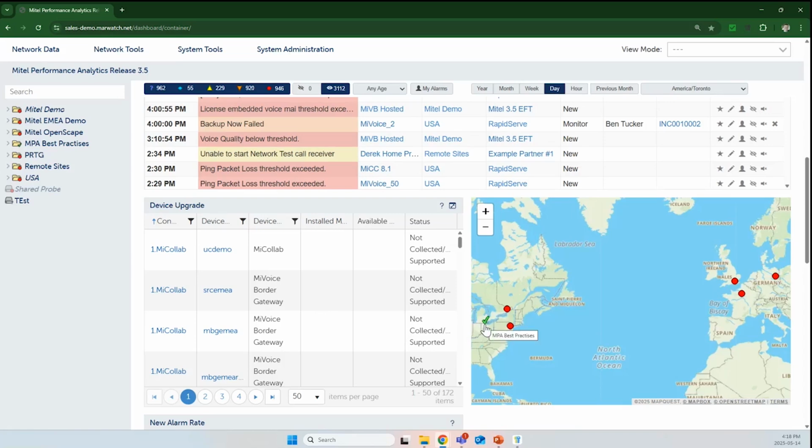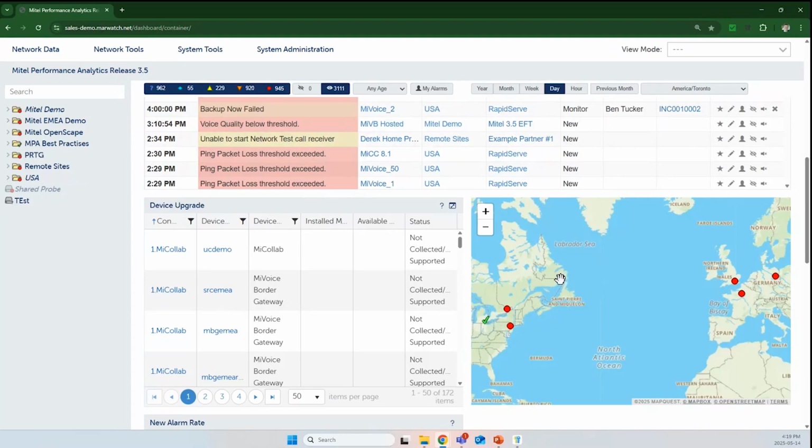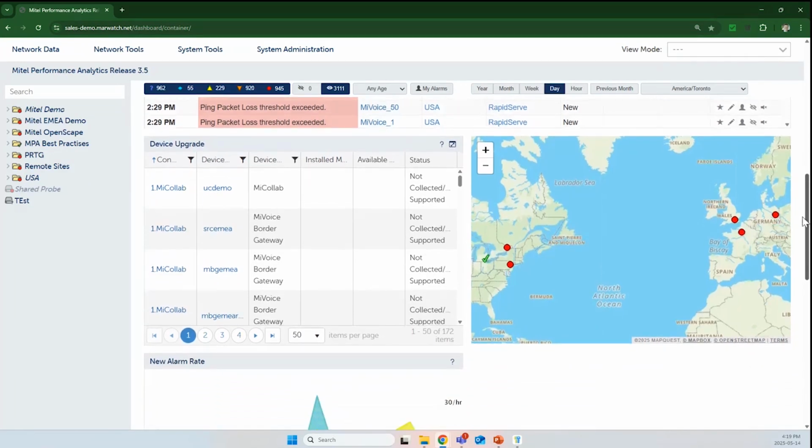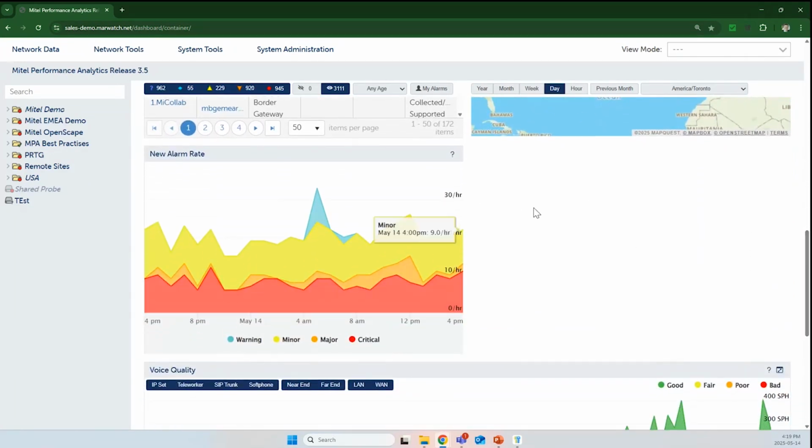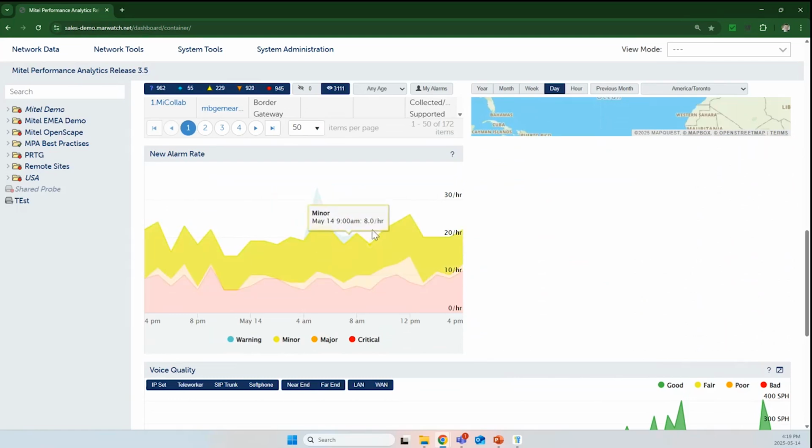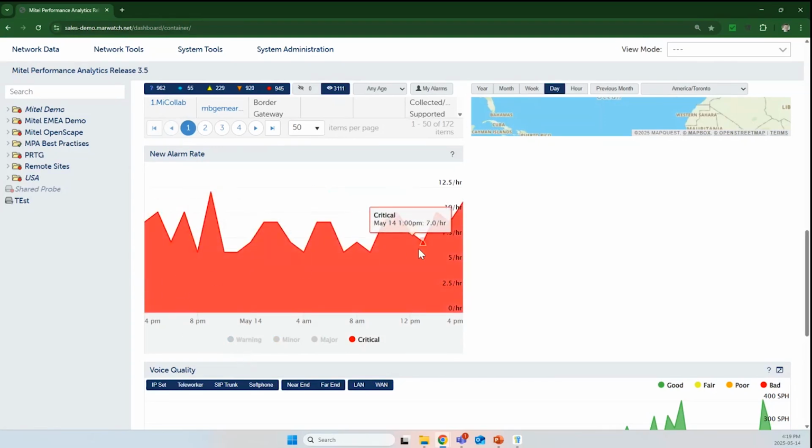Here you can see there's a green check mark at this location, so this means that there's no problems at that location. But at a glance, you can see I have a whole bunch of information available to me as a technician or as an administrator of the system. As I scroll down, I have more data where I can see new alarm rates. All these graphs are interactive. If we only want to focus in on critical alarms, we can deselect the others,